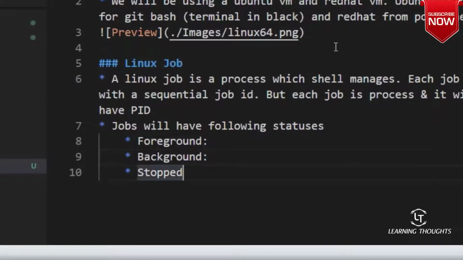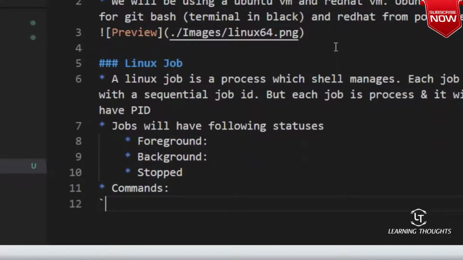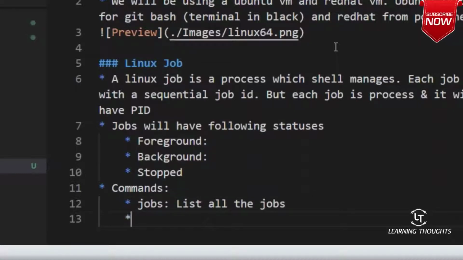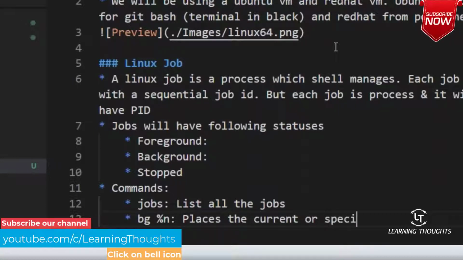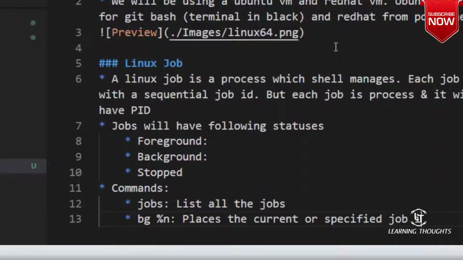So let us look at commands. We would have a command called jobs. This command will list all the jobs. Then bg, and then you would have some number over here, places the current or a specified job in the background.